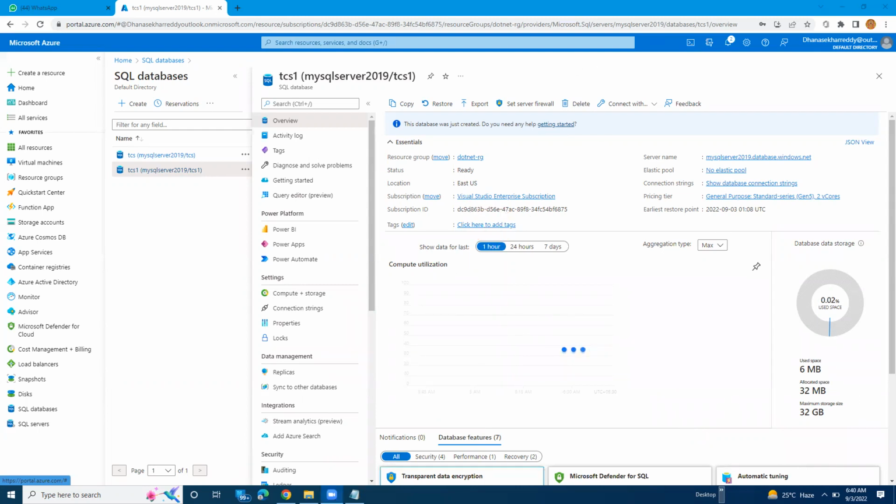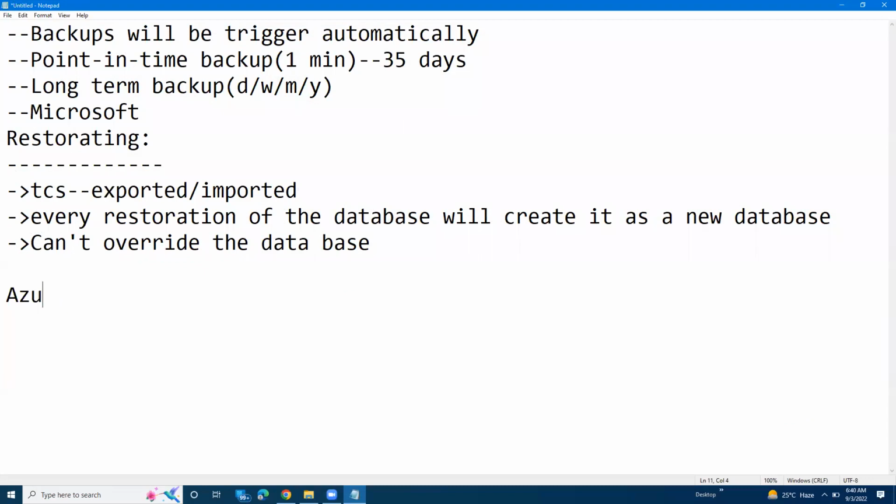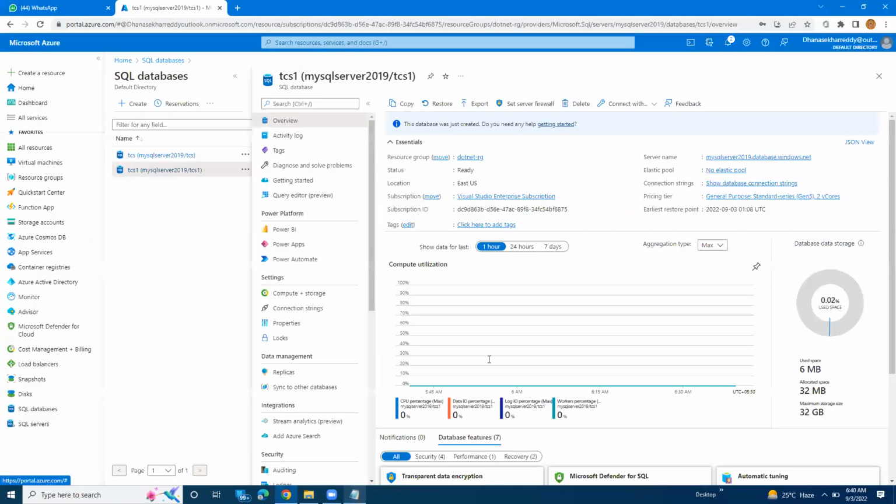To migrate the database from on-premises to Azure, Microsoft introduced one tool called Azure Data Migration Assistant tool. I will show you later once I get the on-premises database server. After that, next I am going to discuss a very important topic: